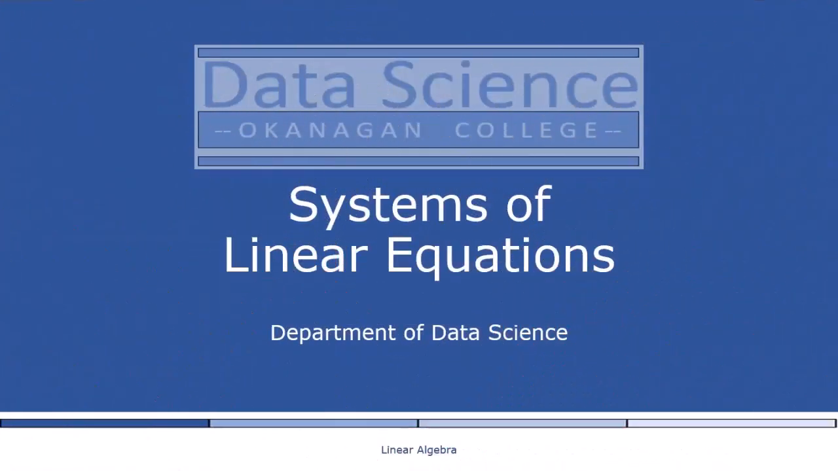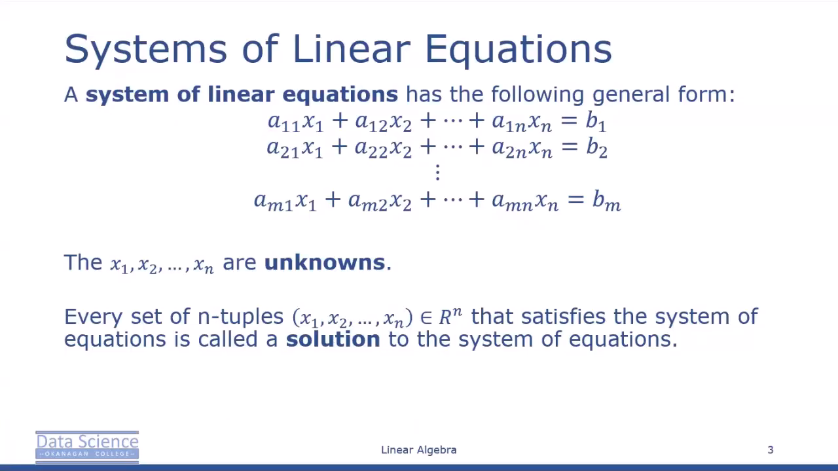Linear algebra by talking about systems of linear equations. A system of linear equations has the following general form. There are multiple equations. Each one has the form a11x1 plus a12x2, etc., plus a1nxn equals b1. In general,